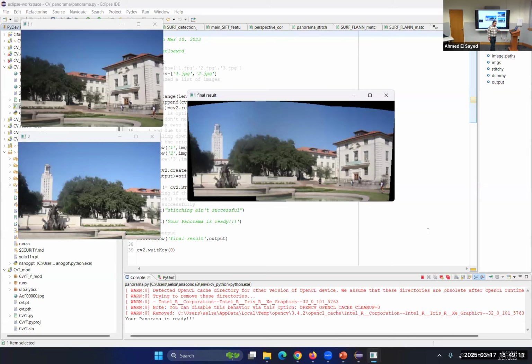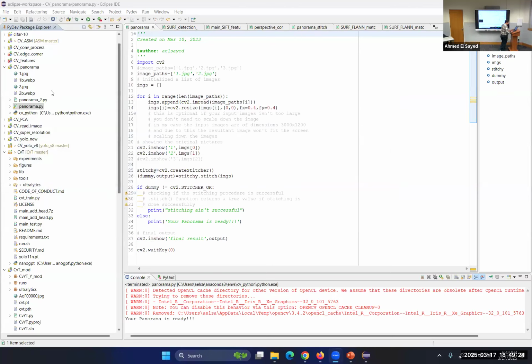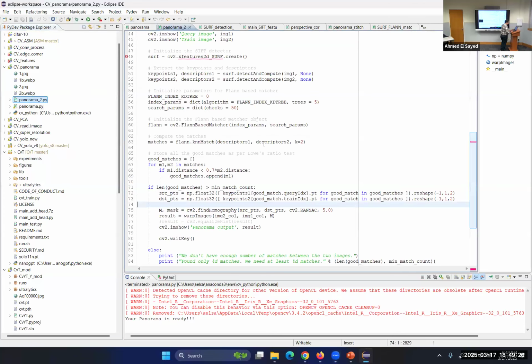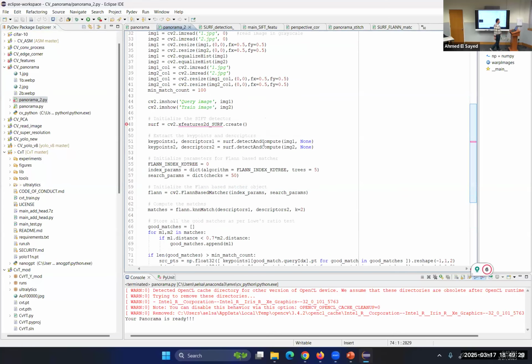Can I use the techniques we learned so far to achieve this goal? The answer is yes, I can do this. How? Let's start with this code. So we will start with the basics. What are the basics? First, I will create an object detector. SURF, SIFT, whatever detector you would like. Here I'm using SURF